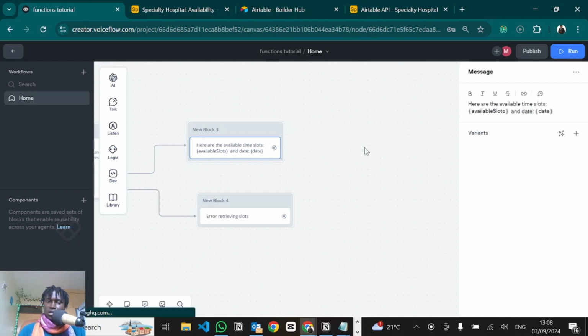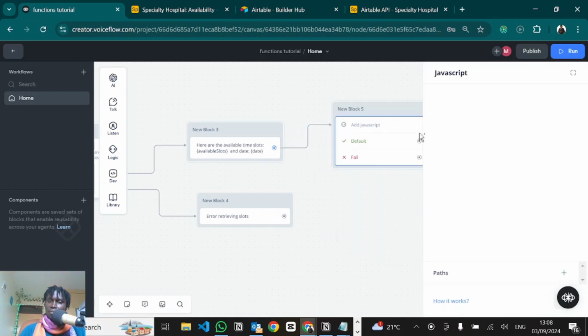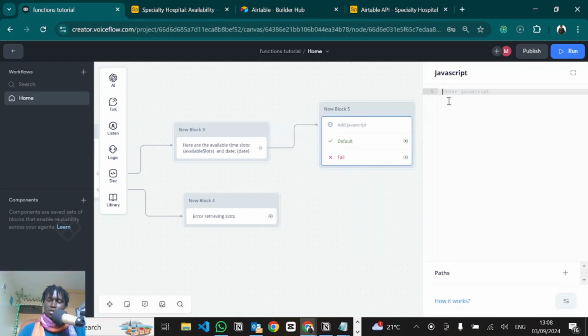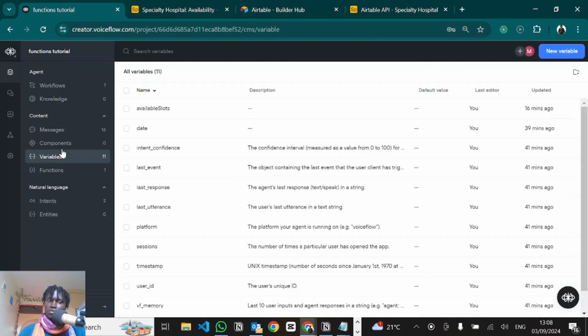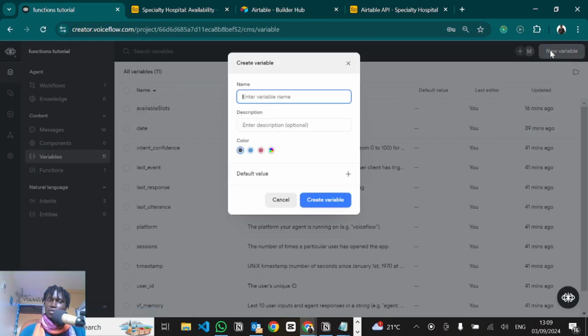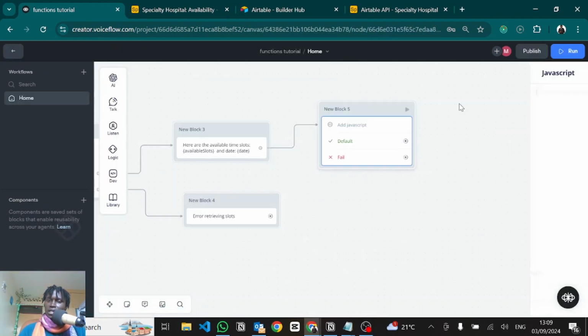You get the point. And now what we're able to do is have a JavaScript after this, because we want to render this dynamically into some buttons. So what we'll do is create a payload variable. Going back here, variables, new variable, let me call it payload. Okay, control enter. Then going back to the workflow here, what I can do is have a payload that will